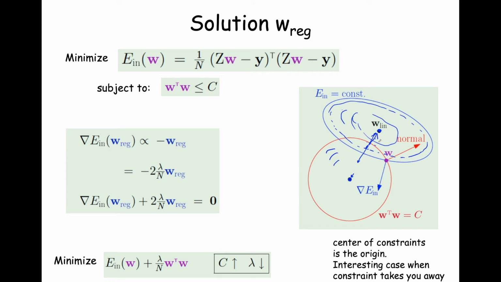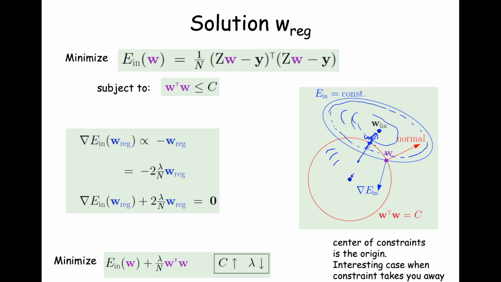And so essentially what we get for the gradient of in-sample error when I'm minimizing it, it can't go any closer to W Lin than the surface of this red constraint circle. So that being the case, that solution is W reg. And that means the gradient of En evaluated at this W regularized solution on the surface of this constraint circle is going to be equal to the negative of the W